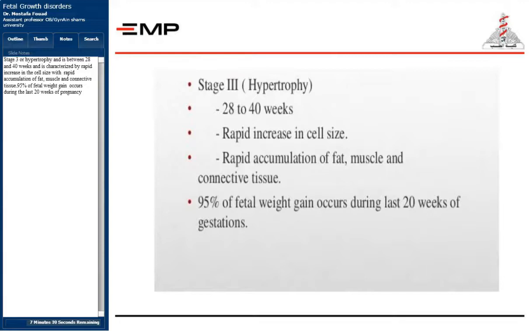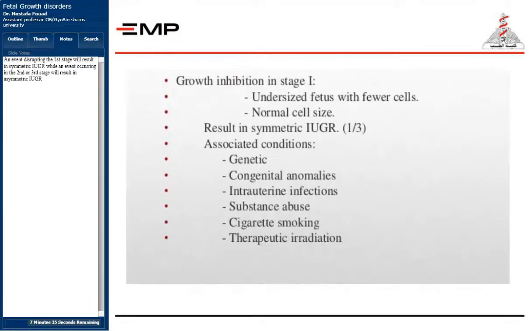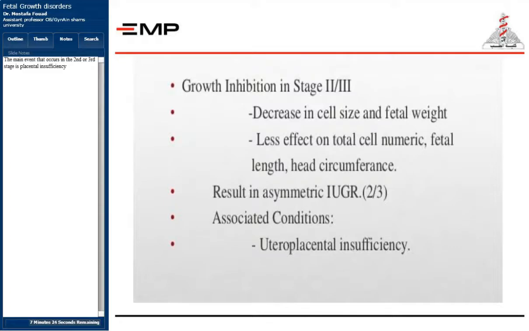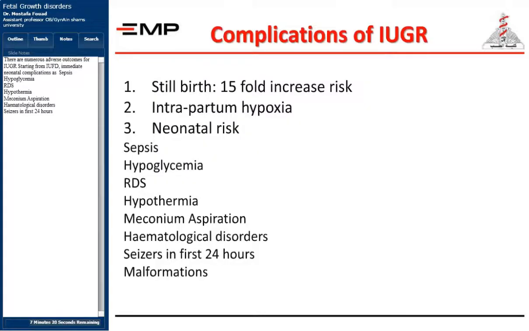95% of fetal weight gain occurs during the last 20 weeks of pregnancy. An event disrupting the first stage will result in symmetric IUGR, while an event occurring in the second or third stage will result in asymmetric IUGR. The main event that occurs in the second or third stage is placental insufficiency. There are numerous adverse outcomes for IUGR, starting from IUFD, immediate neonatal complications such as sepsis,